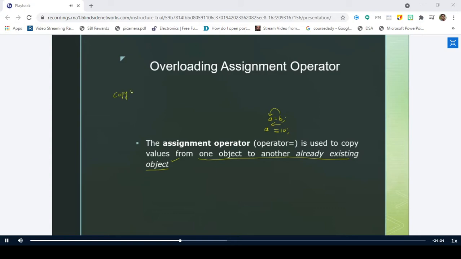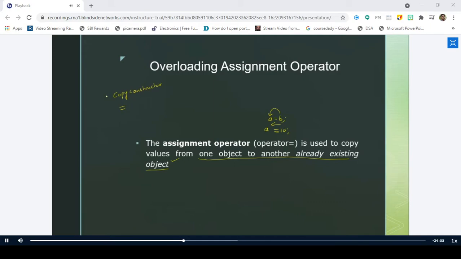Right, so copy constructor is a concept supported by C++ or object-oriented programming, where it is used to copy the values of one object to another object. Is it clear? In a similar fashion, we have an operator called assignment operator, where we can copy the values of one object to another object.